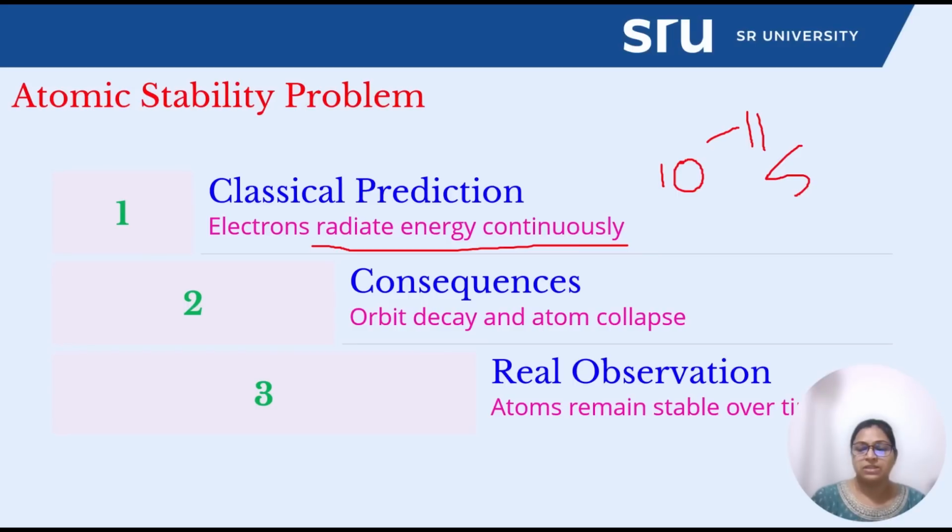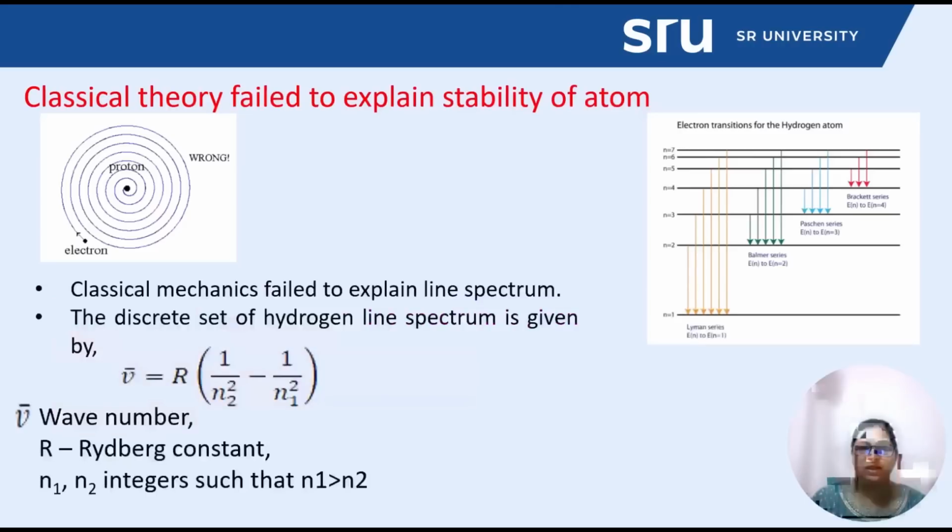So now we'll discuss atoms and the failure of stability of the atom. Here we can see that an electron moving in a circular orbit around the nucleus is undergoing acceleration. When it accelerates, accelerated charges radiate energy continuously, as we mentioned, as per Maxwell's equation. This means the electron should spiral inwards like this, but this is wrong.